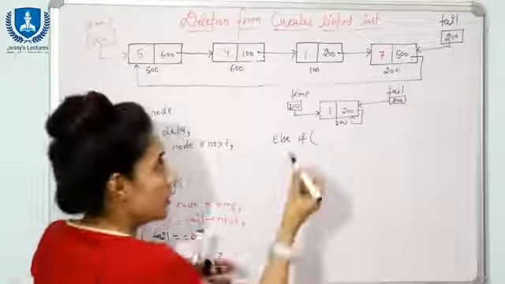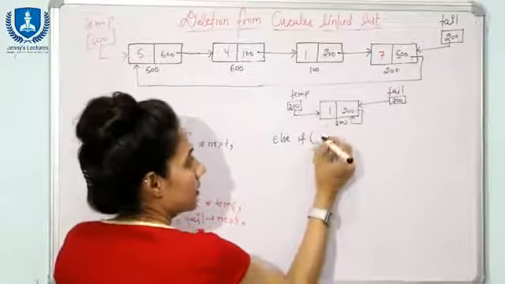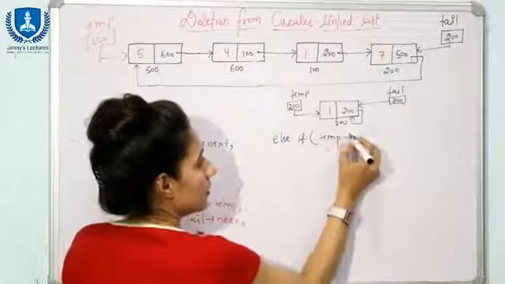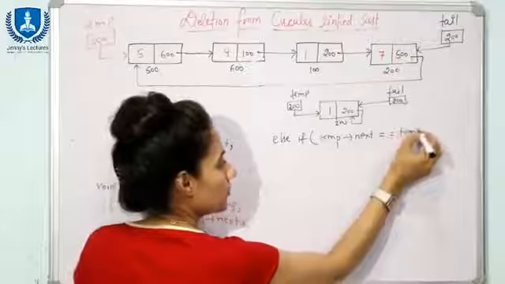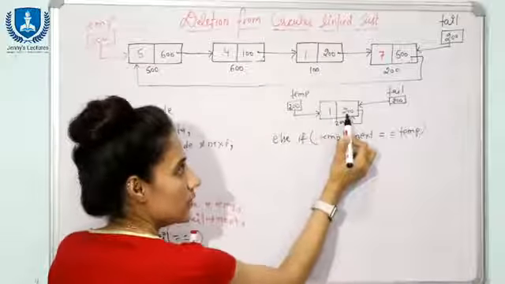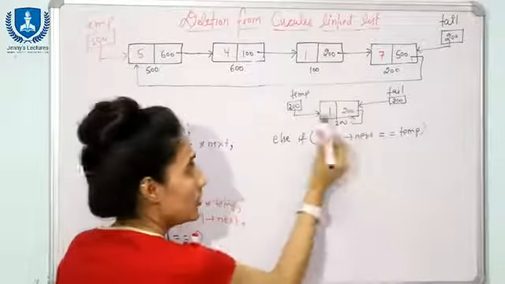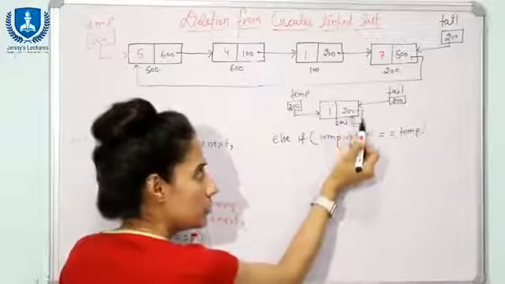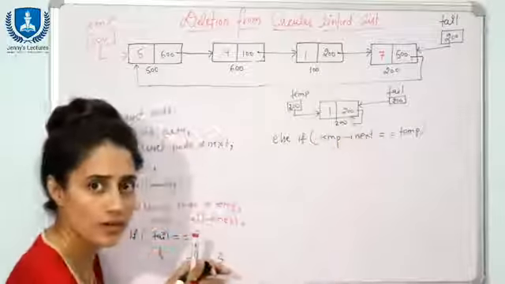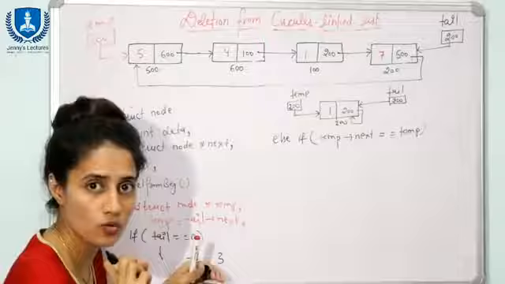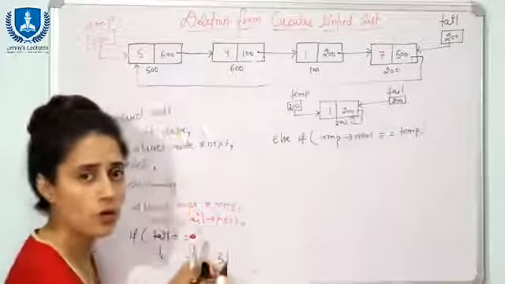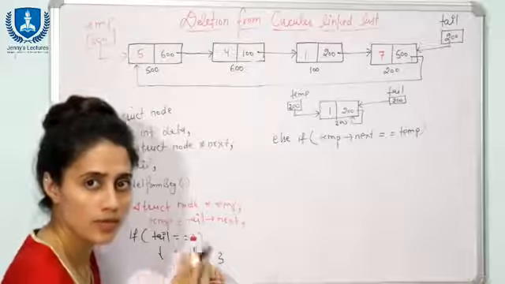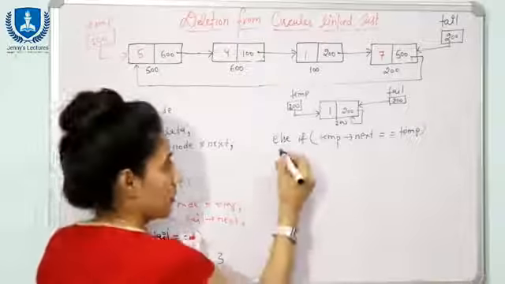Or you can see the temp of next. Here you can write temp of next equal to temp. Temp of next means this thing equal to temp, that is 200 only. It means it is pointing to itself, right? So you can say in the list we have only one node. Or you can write here tail of next equal to tail. You can write any of the three conditions here, right?